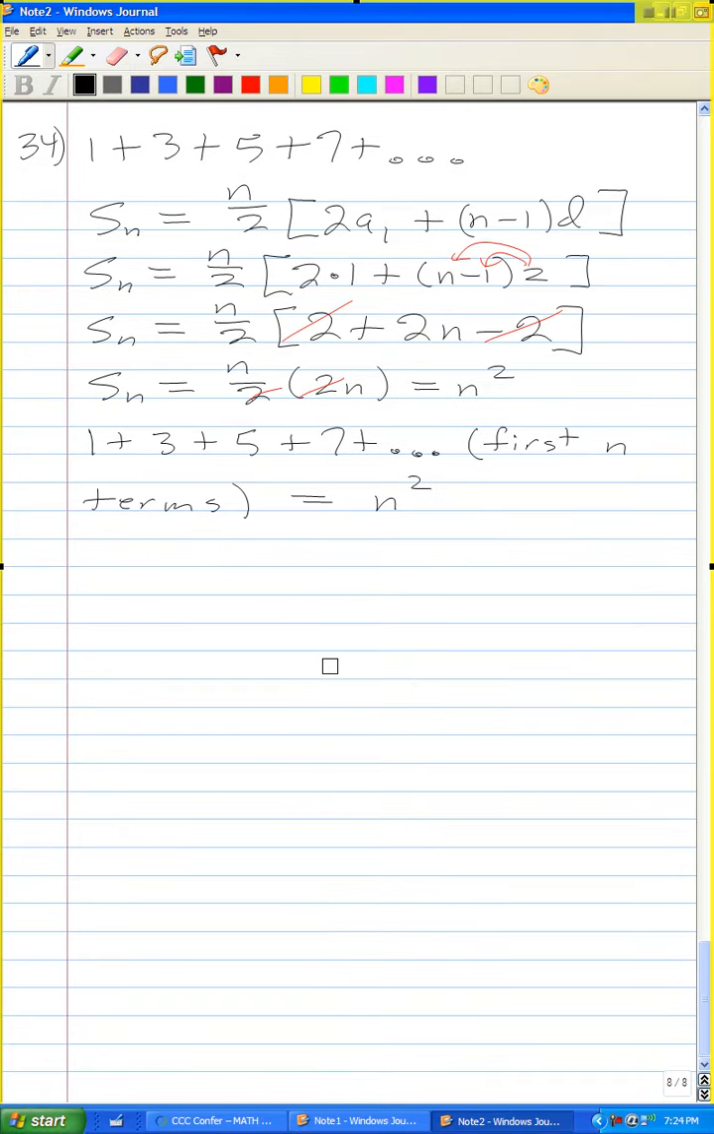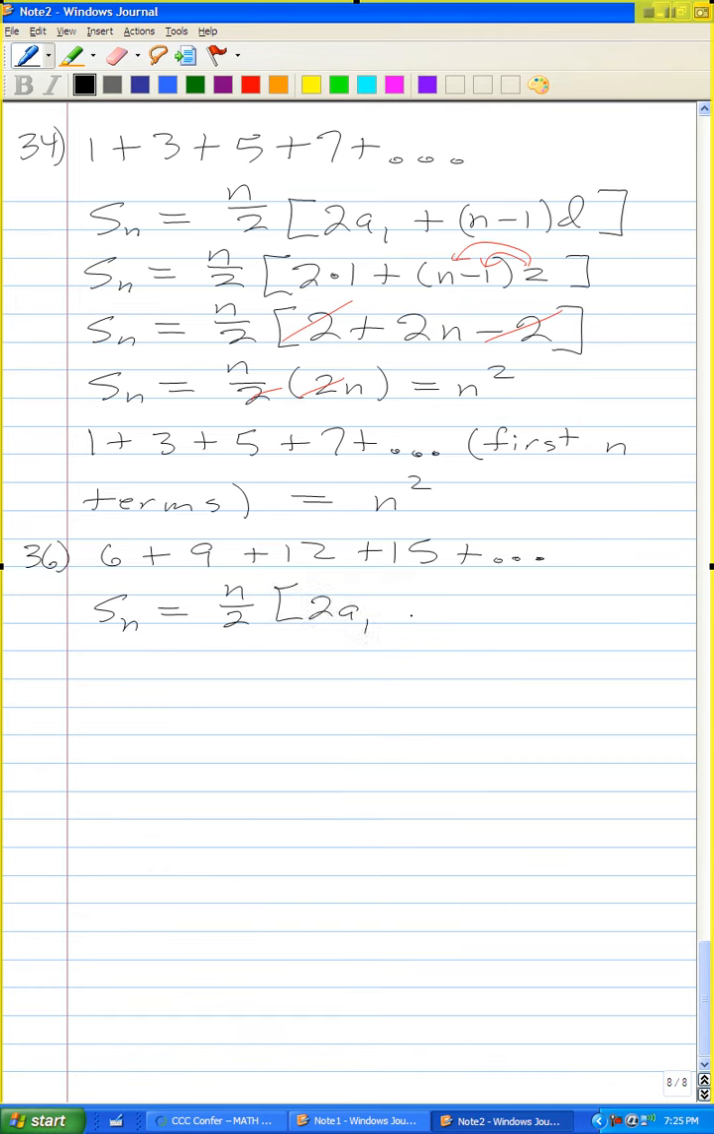So let me look at problem 36. And so this is sort of the same thing. 6 plus 9 plus 12 plus 15. Okay, so let's add these up and see what we get. And so again, this is arithmetic because you keep adding the same amount to get to the next term. So I know that the sum of the first n terms of an arithmetic